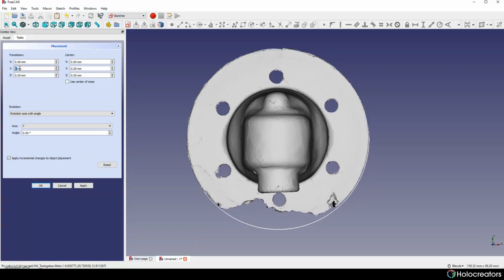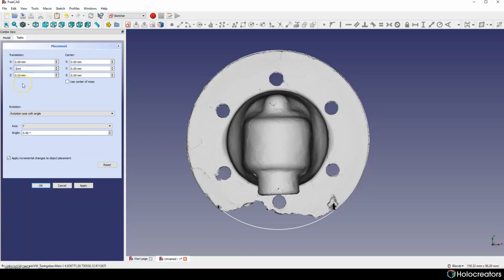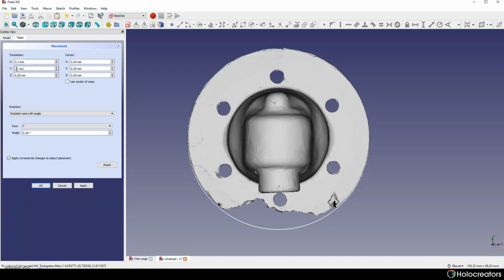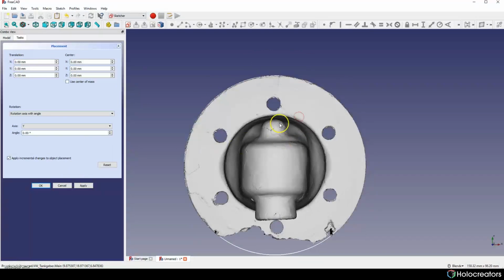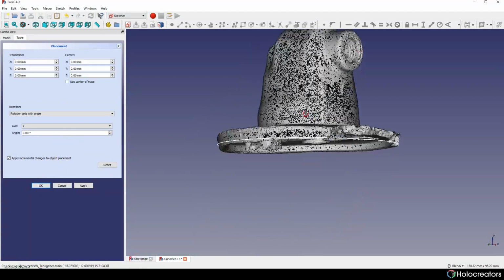This can be 0.9, and on X it can be 0.5, 0.4, 0.3 is perfect to me. Maybe here 0.8. Now we get our model perfectly placed in the space.